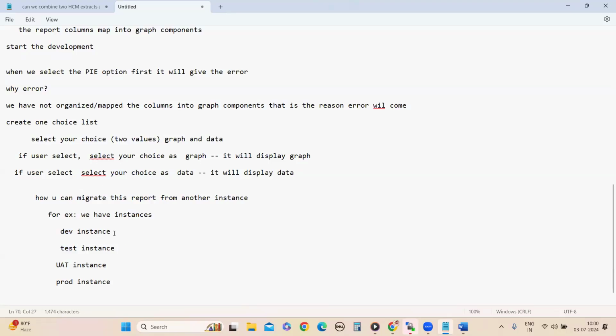For example, you develop a report in the dev instance. Now I would like to migrate this report into prod. In the prod, I cannot develop the report, right? Correct or not? So I create the report here, and that report I want to move to the prod instance. How can we move it? The first step is